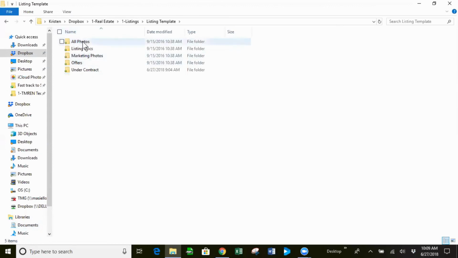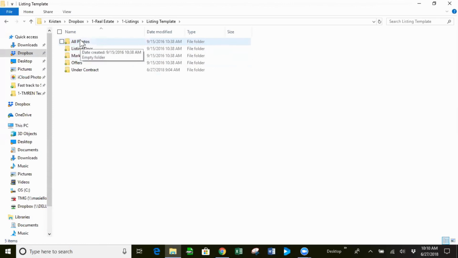So once I went through the all photos, I would go ahead and add them to marketing photos. In the marketing photos folder, I would number them 1-front, 2-entry, 3-living room. So I would number them with the numbers and what they were, because the cool part about doing that in your marketing photos section is then when you need to upload that whole batch of photos to the MLS or to other platforms, they're going to go in the order that you have already determined due to your numbering. So I highly recommend doing that, but I always keep the all photos because you may have some